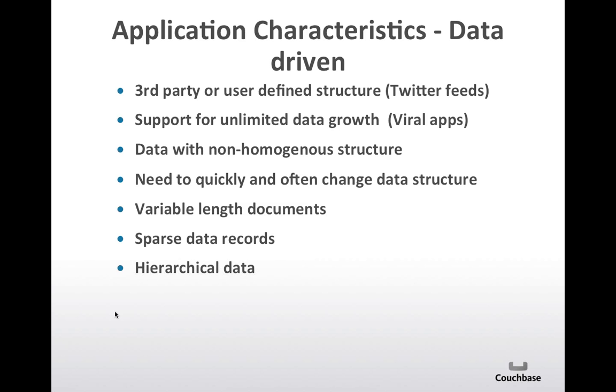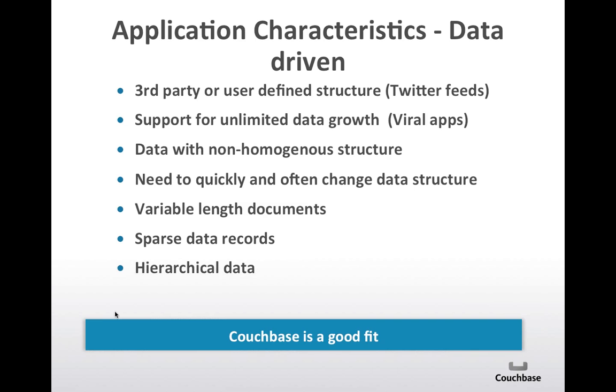We talked about the product catalog and non-homogeneous data structure already. And finally, when you really need a lot of flexibility in the data structure, you change quite often, you add new types, you have different sizes of document or data, it makes sense to use JSON documents. So Couchbase is a good fit when you have this kind of requirement for your application.